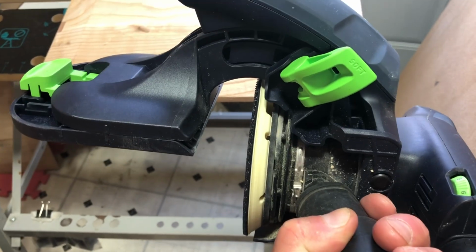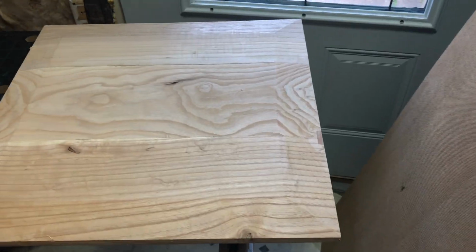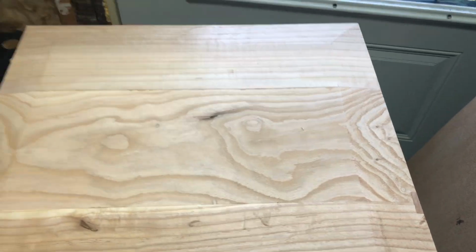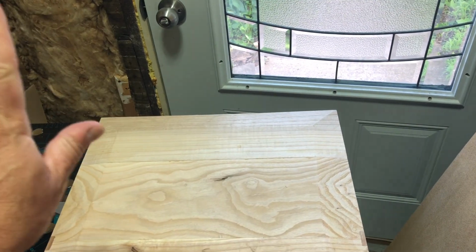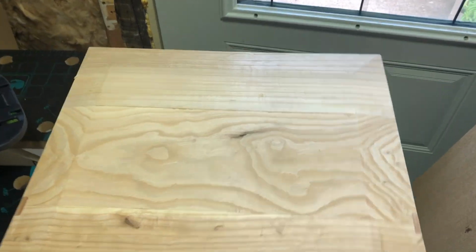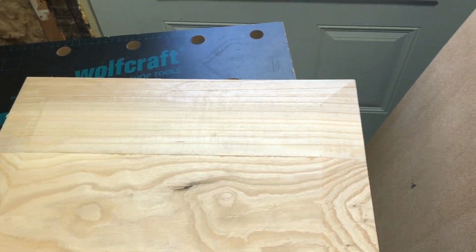It's not inexpensive, but Festool actually makes a product to deal with sanding an edge. You can get a giant platen sander. So there's a roller over here and a roller over here, and then there's this big wall where sandpaper travels along it. And you can take something like this and just go zzz, done. But